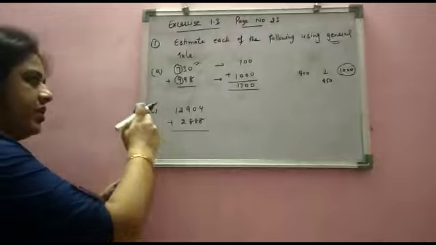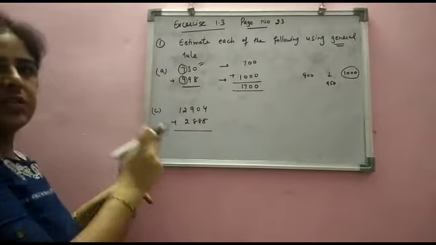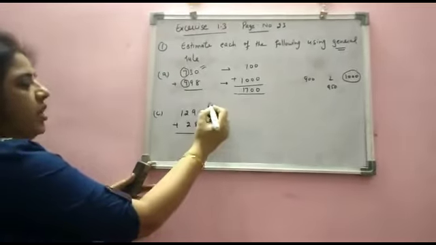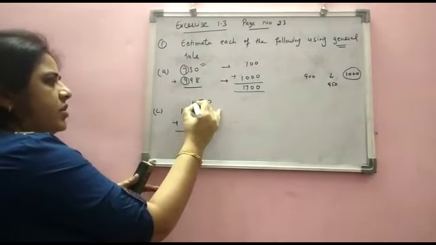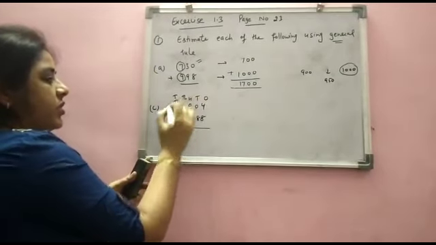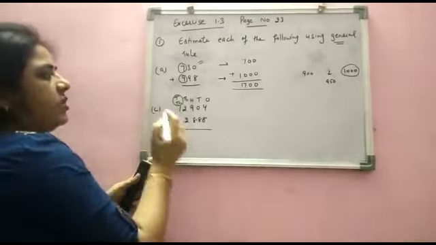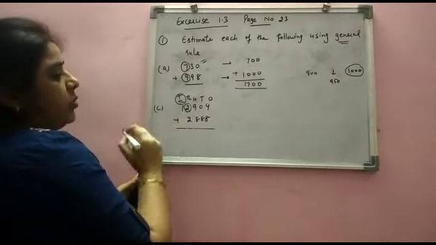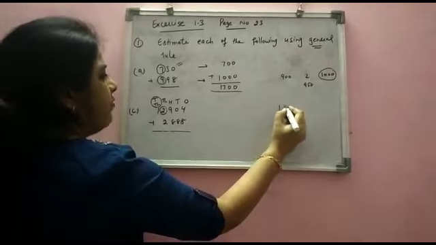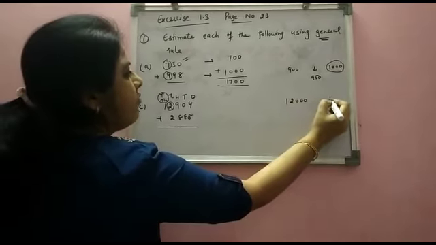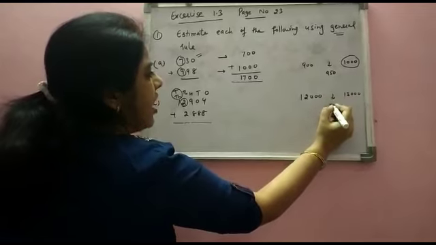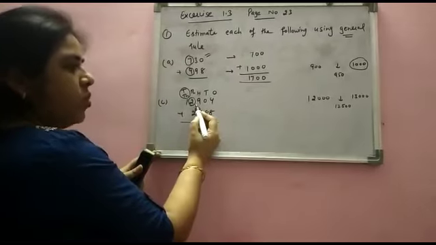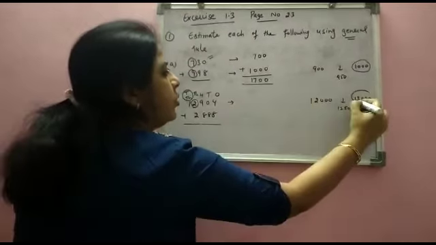Now students, C part. Each number will be estimated at its own greatest place but not more than 1000. Here we are observing ones, tens, 100, 1000 and 10,000. Its greatest place is 10,000 but we can't go more than 1000. So we will estimate till 1000. So the number lies between 12,000 and 13,000. So halfway is 12,500. It's more than halfway, so it will be estimated to 13,000.